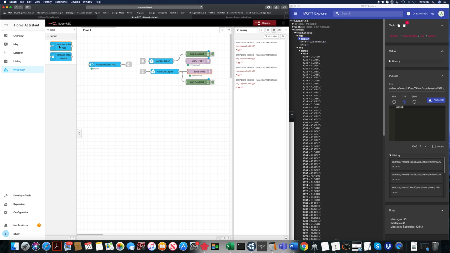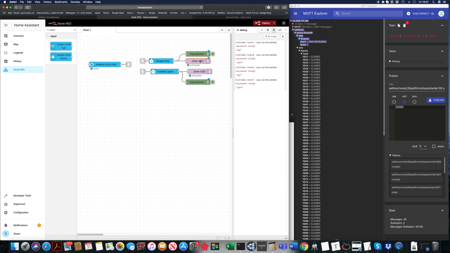So what you've got here is you basically drag these inputs over, and this one's default name is Amazon Echo Hub. And this is a link that I've added to the output so that I can basically link it to multiple devices. And these links are input links, and those just get linked together. Now what I've also done is taken these devices and I've called one garage door and the other outside lights, just as an example. Now the garage door is then connected to an MQTT output,